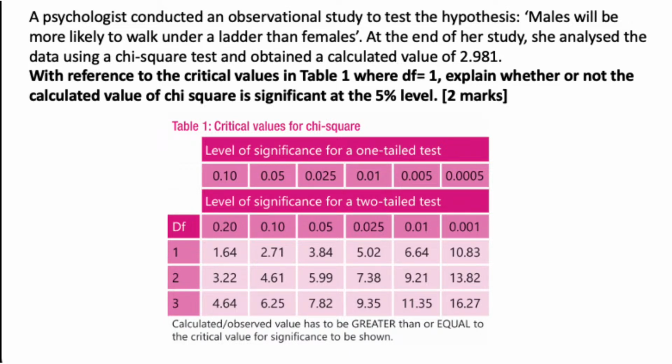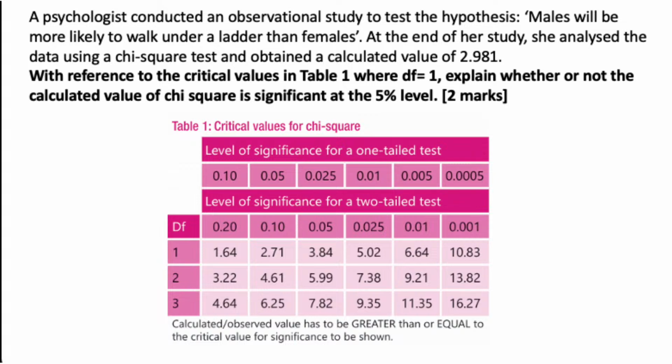We've got a little example on here for you all to have a look at if you're worried about finding the critical value when you are doing a stats test. So let's take a look at this, and it gives us a good little bit of practice for tomorrow. A psychologist conducted an observational study to test the hypothesis males will be more likely to walk under a ladder than females. At the end of the study, she analysed the data using a chi-square test and obtained a calculated value of